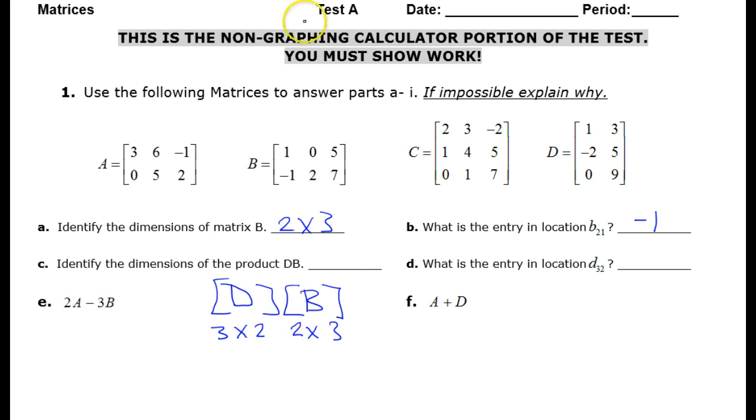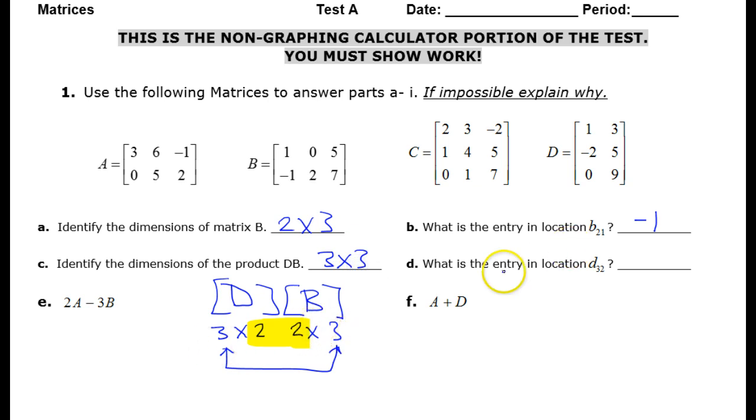In order to multiply, the inner dimensions must be the same. So this is good because that means this product is defined. And we know that the dimensions of the product will be the outer dimensions. Okay, so the dimensions of the product D times B will be 3 by 3